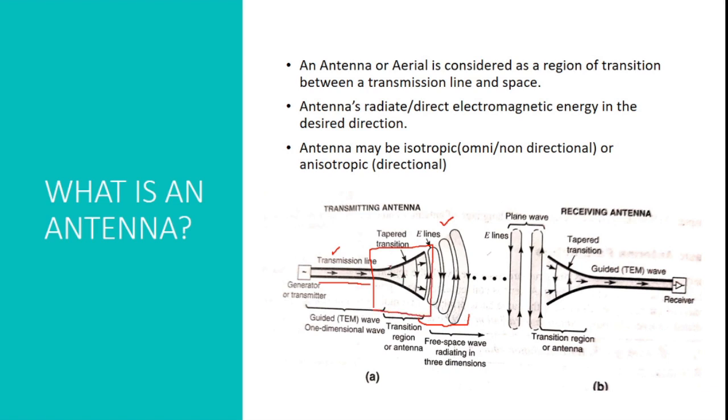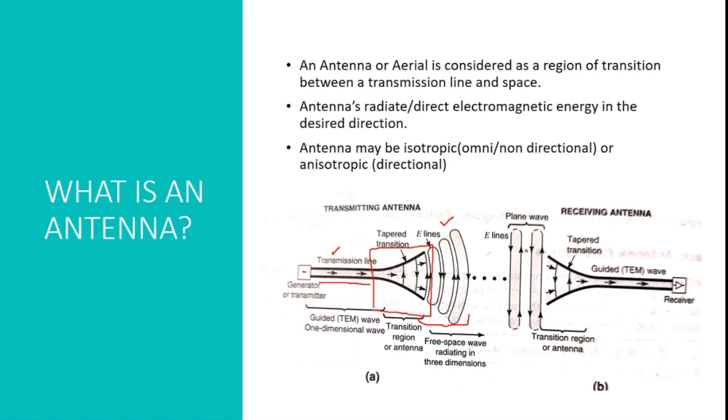And why have we drawn antennas with this structure? If you see here, it is tapered in nature. If you see the transmission line, it is a straight line, the conductor is straight. But when we have drawn an antenna, we have drawn it tapered in form. The reason for that we will see in the upcoming topics. So we can say that one definition that holds true for an antenna is that it is a region of transition between a guided form, which is the transmission line, and free space propagation, which is unguided in nature.